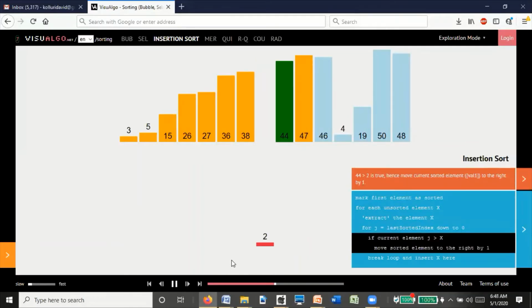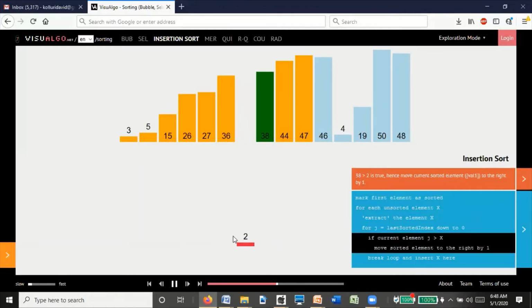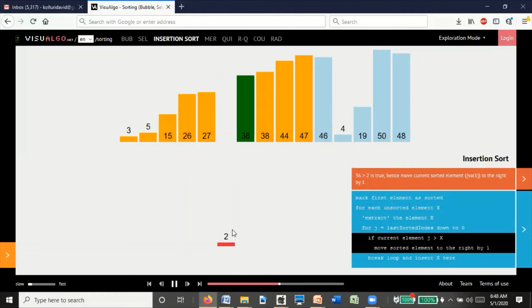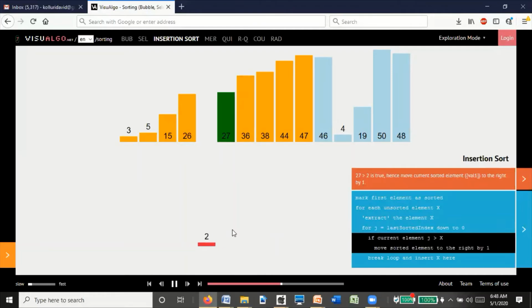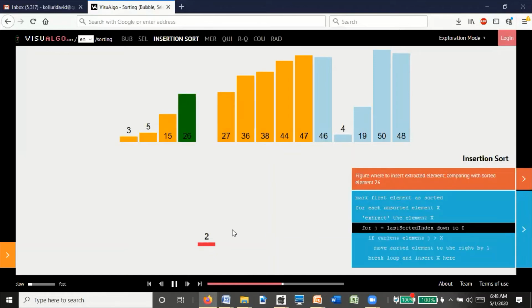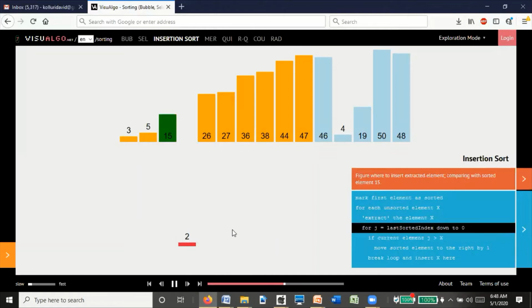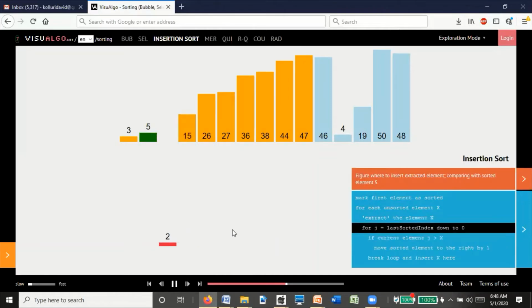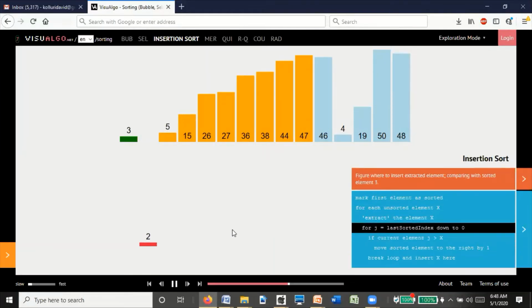Then 2 is less than 44, 38 greater than 2, 36 greater than 2, 27 greater than 2, 26 greater than 2, then 15 also greater than 2, 5 is also greater than 2, and 3 is also greater than 2, so that 3 will be moved right and 2 will be inserted in the place of 3.